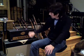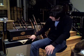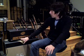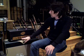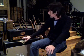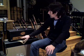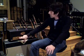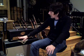It's a very simple amp in its layout. It's got a gain knob, then treble, middle, and bass knobs, a drive control, which basically functions as a master volume, essentially. When it's cranked all the way up, it's totally out of the circuit. And the next control is the power dampening control. So when that's cranked up, it's the full 18 watts. And as you reduce that control down,